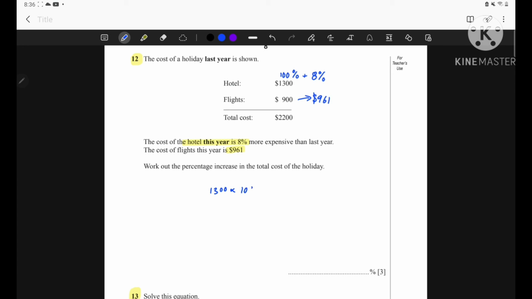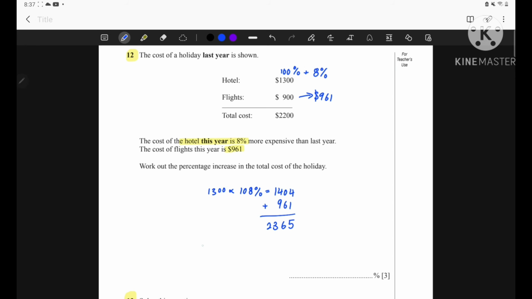And this will give us 1,404. Now, by adding that to the flight cost, we can find the total cost of this year's trip, which is 2,365. Now we take the total cost of this year and the total cost of last year and minus them together to get the difference of this year's and last year's cost, which is